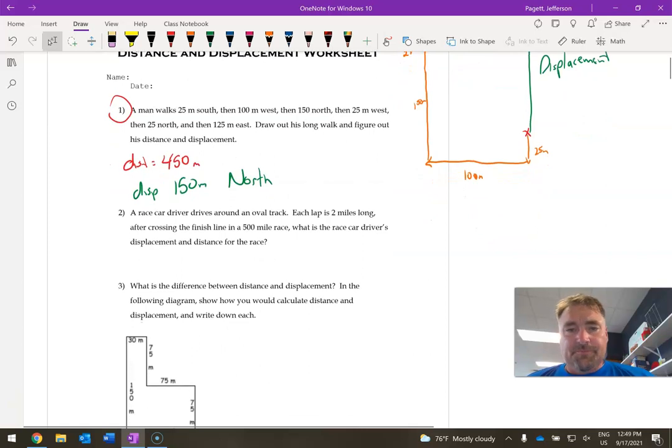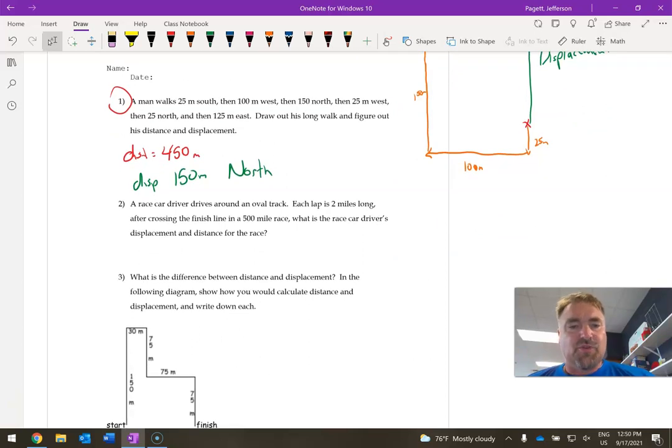All right, looking at the next one, race car drivers are on an oval track. Each lap is 2 miles long. If crossing the finish line, a 500-mile race. What's the race car's displacement? Distance? Well, distance, they kind of give it to you, so it's kind of a trick question. It's a 500-mile race, so the distance is 500 miles. Whereas the displacement is the difference between where he started and where he stopped. Since it's an oval track, he's going to go around and around and around, 250 times, but he's going to start and stop in the exact same spot. So his displacement is going to be 0